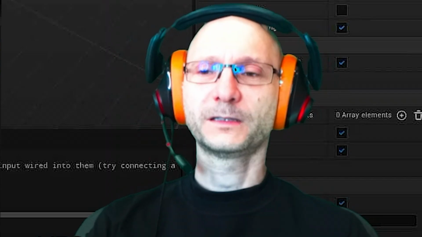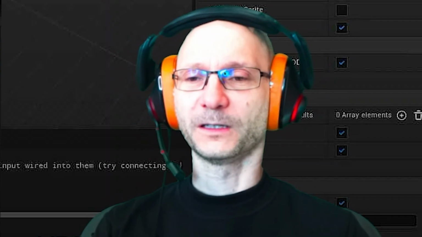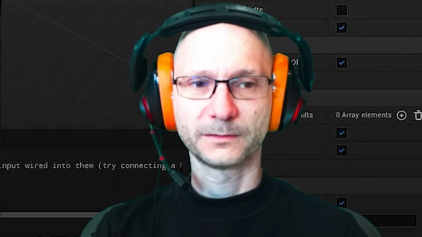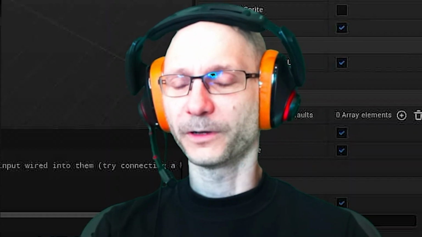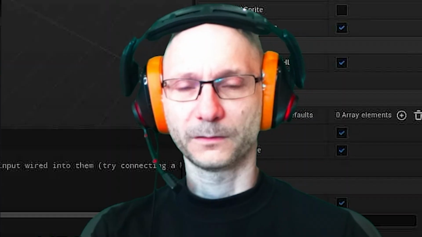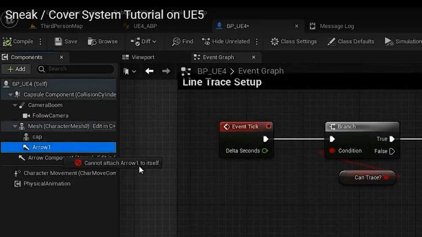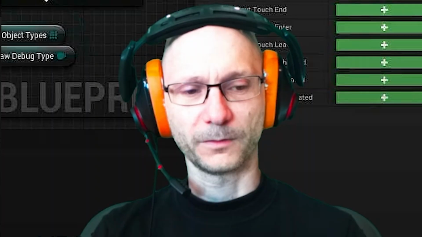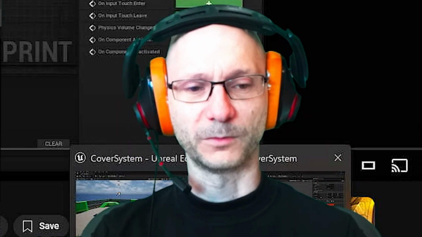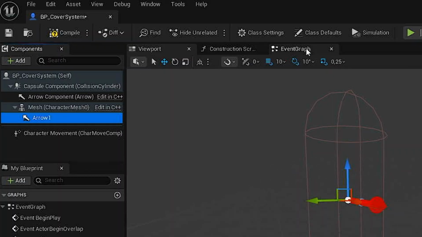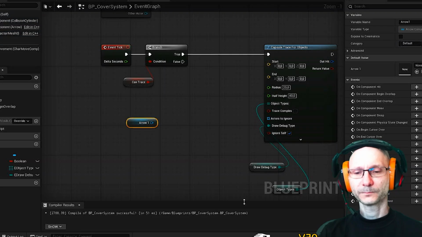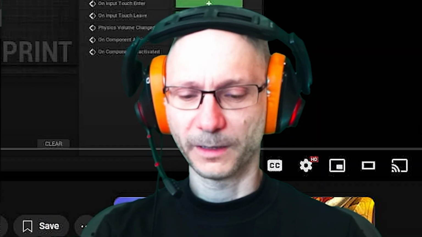For now, let's forget about the character appearance and continue with the tutorial, focusing on the technical part. Yeah, now let's drag and drop our arrow. Okay, so now is the time when we drag and drop the arrow. Let's get back to the graph. Okay, what do we do with the arrow?